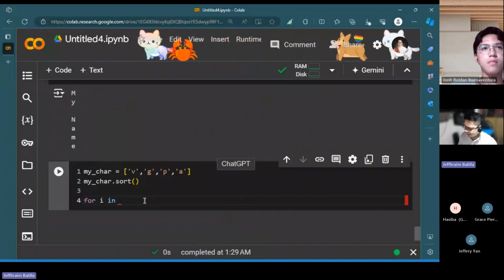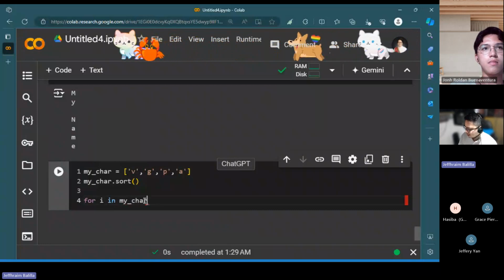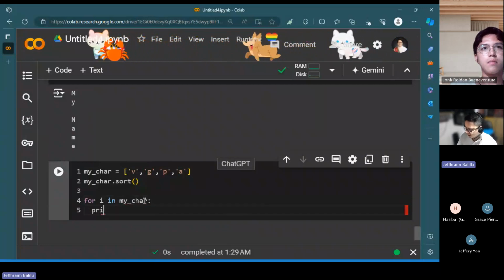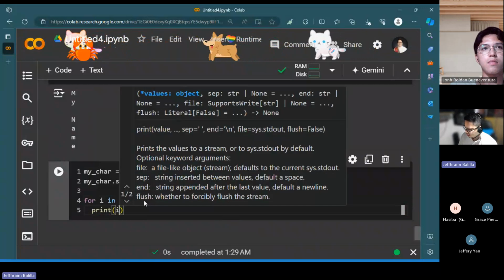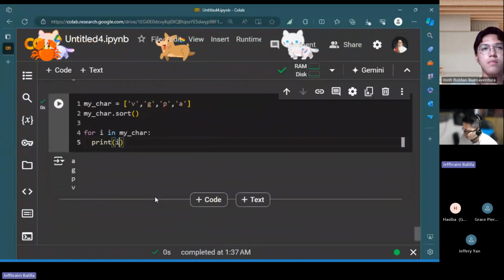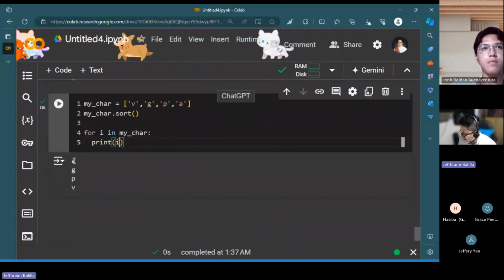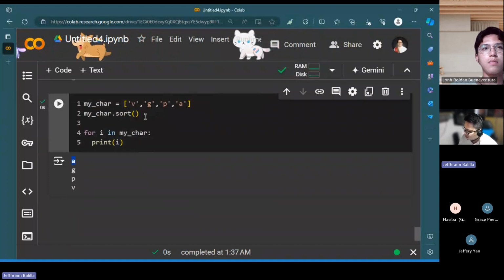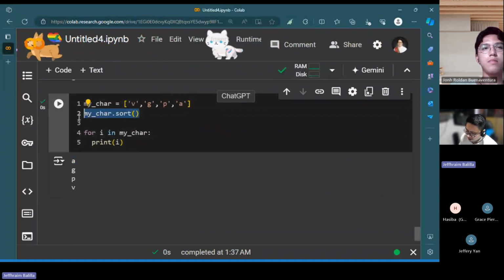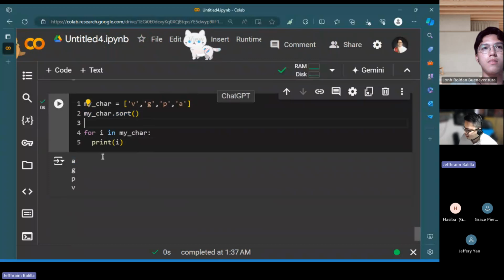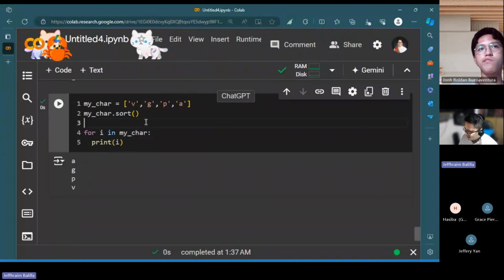So for I in my list, my car, I want to print each of it. So I should observe that the printing would be starting from A because it's already sorted, right? The list is already sorted, followed by G, P, and lastly B. So that's how you do it.